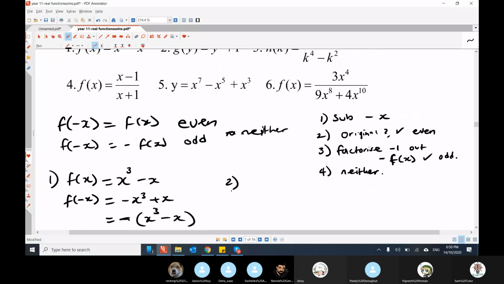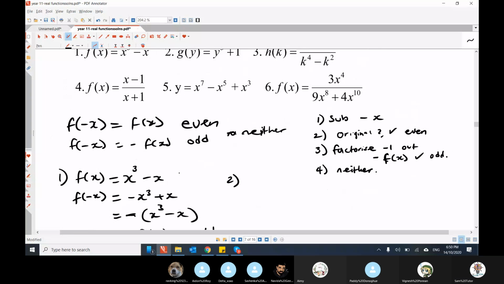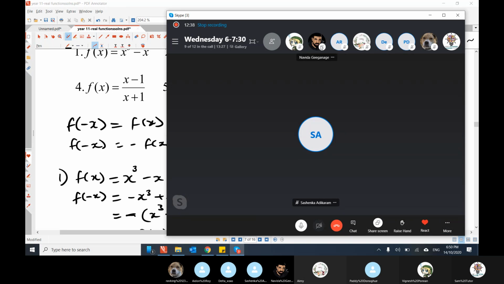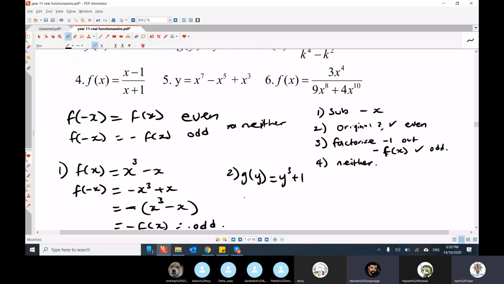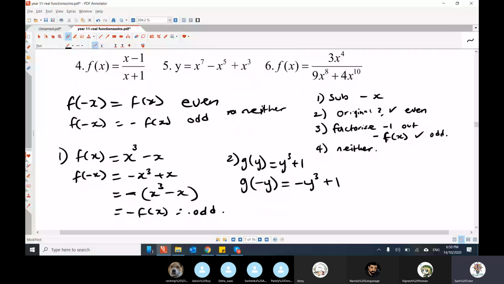No. G of y. Let's go for g of y. I got neither even nor odd. I think you're right. Do you feel like you can kind of see it almost? Not yet, so I had to do a lot of working out. Yeah, that's fine. So look, what I meant by can you see it, you can kind of see if I'm